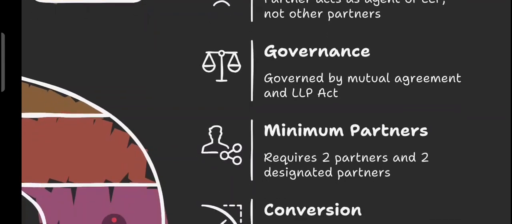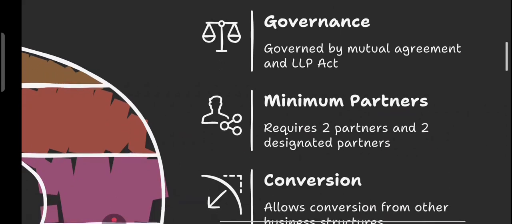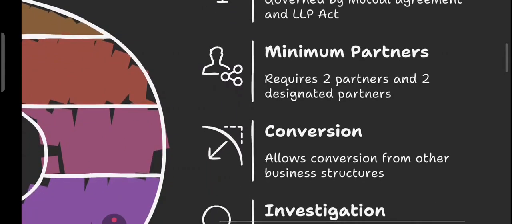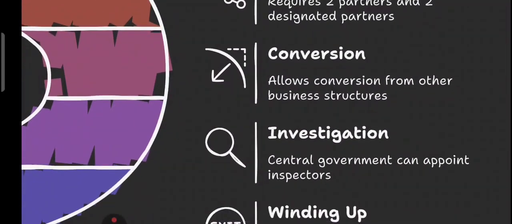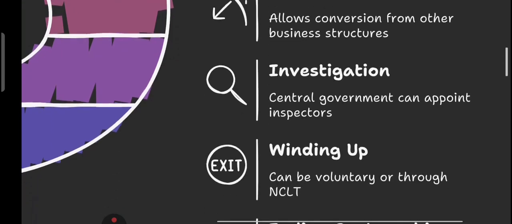Then we have the minimum partner. So you need at least 2 partners and 2 designated partners to get started. Then we have conversion flexibility, which means existing business like a firm and company can be converted into LLP. यानी आपके पास जो एग्जिस्टिंग बिजनेस है, जैसे मान लीजिए कोई फर्म है या कंपनी है, उसको आप एलएलपी में कन्वर्ट कर सकते हैं। Investigation, that is called government oversight. So the central government can step in and investigate if needed. सेंट्रल गवर्नमेंट सामने आके इन्वेस्टिगेट कर सकती है यदि ज़रूरत हो तो।